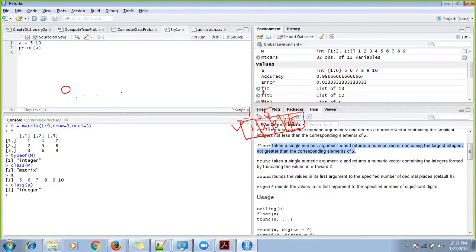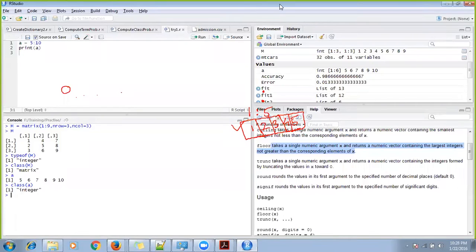So just have a note on that. If you see something alarming, don't worry, because it is a small glitch in R. And there will be a lot of glitches sometimes, because R is an open source tool, it's not a paid tool. That is something we have to live with because it's coming free. Nothing comes free, right? So there will be some worries which always come with a free tool.